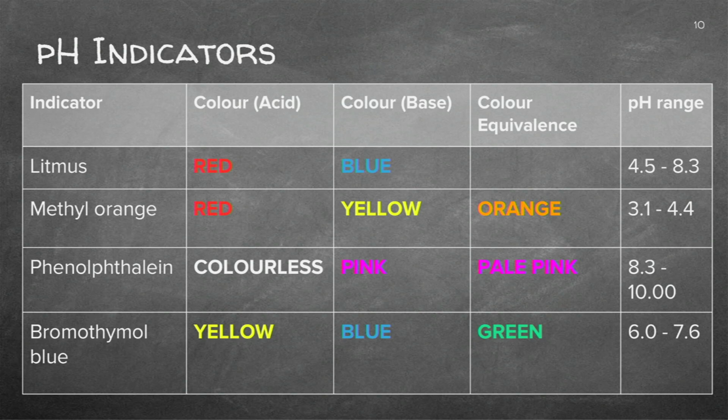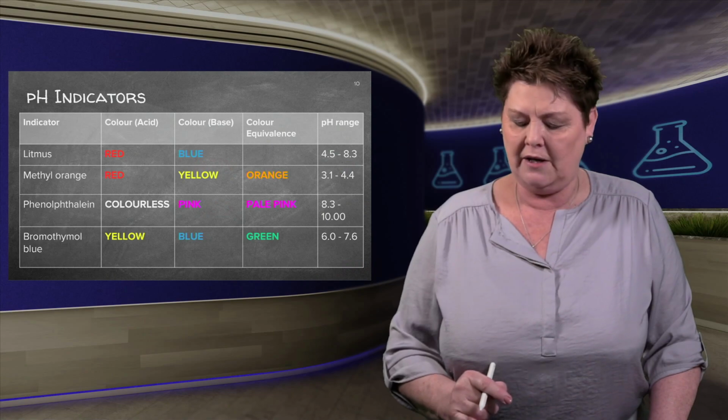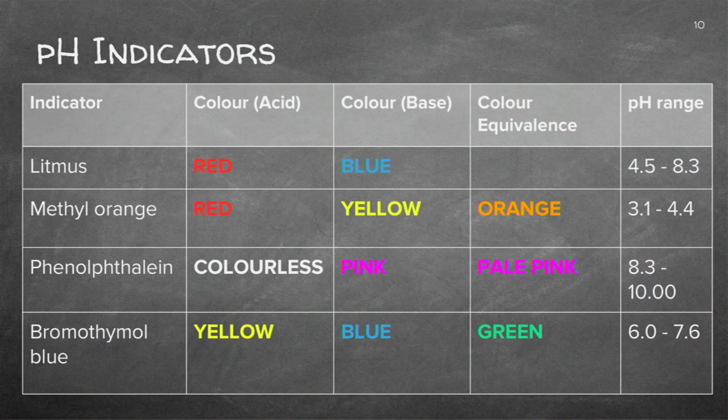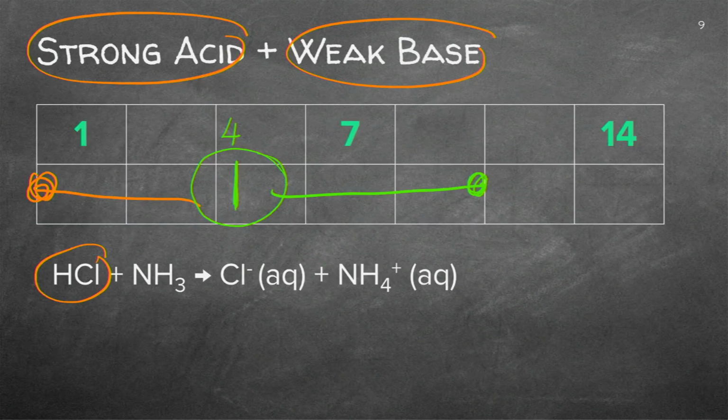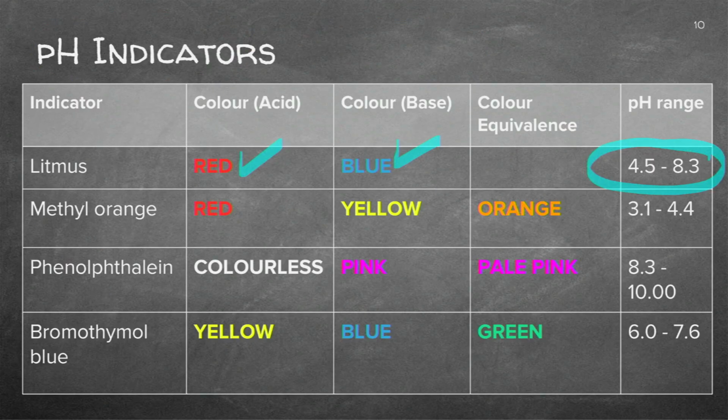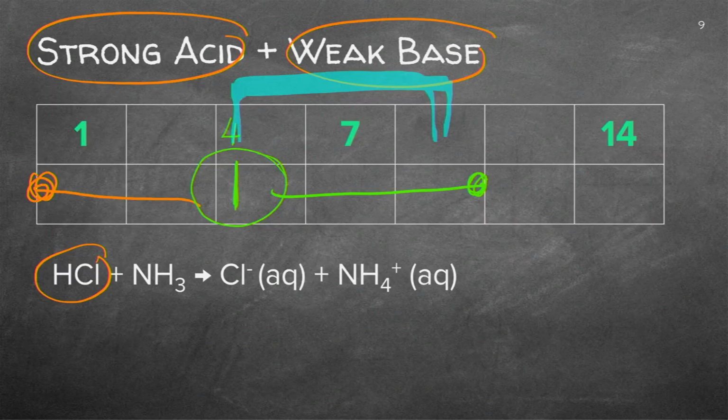Right, let's have a look at our pH indicators. And now I want you to think, why would I use a specific indicator? If I use litmus, can you see here, it will be red and blue, but its pH range is from 4 to 8.3. There it will have a certain color. So that will basically tell me it's acidic or it's basic. On the other hand, if I took methyl orange, it's got a range of 3 to 4. Can you see, this would be very good to use methyl orange there, because that would tell me it's a strong acid but a weak base endpoint.